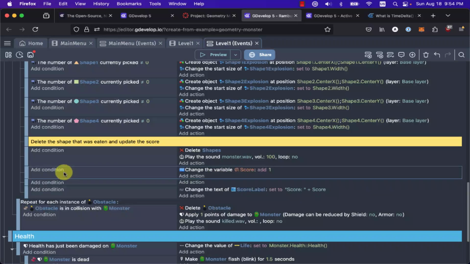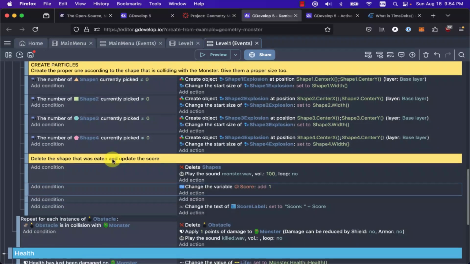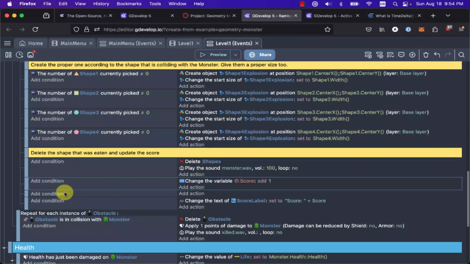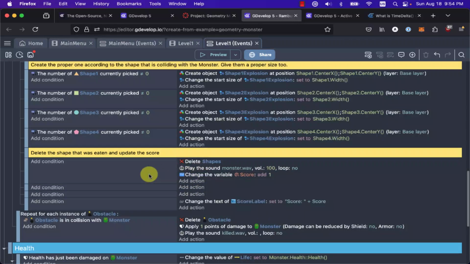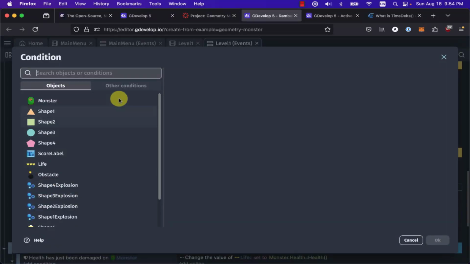Okay, so right here, we only want it to add 1 if it's shape 1 through 4. But I don't want to have to check 4 times. Here, I know what we'll do. Let's add a condition here. Here, we'll have it add 1 point no matter what. It'll always add 1 point. But we'll go here if,